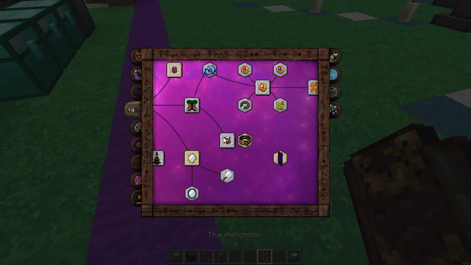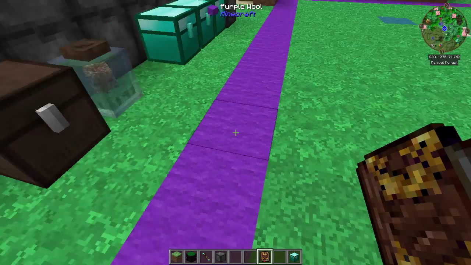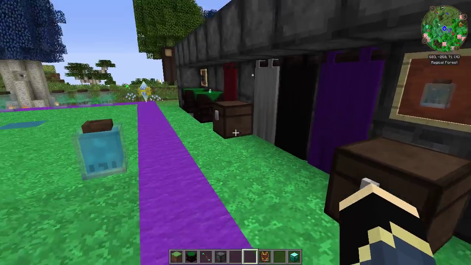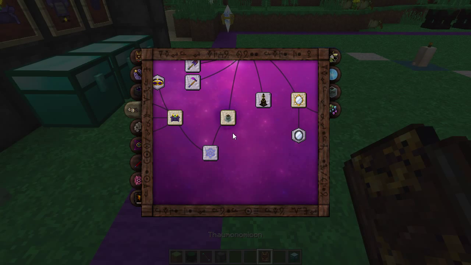I don't think there's anything else on that one. Yeah. Cool. That's it. It just says about clicking the vials on and then shift right click and take them off like so. So cool. So moving on, we're going to have a look at the